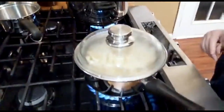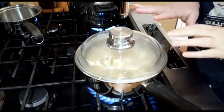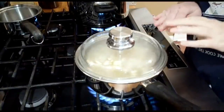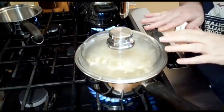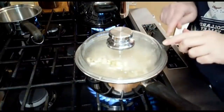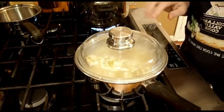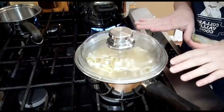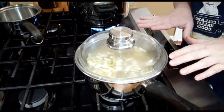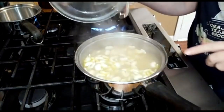Okay, this is how I do black-eyed peas and butter beans. Because both of those kinds of beans cook up a lot faster than like pintos and navy beans. Pintos and navy beans need to soak overnight. These do not. And you don't want to cook them at a high temperature now that you've already got the salt in there. So you're going to turn them off. You're just going to completely turn them off, and you're going to let them sit here for an hour or two. And you're going to come back and check on them in about 20 to 30 minutes,